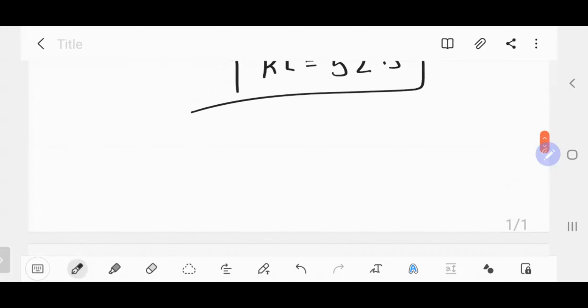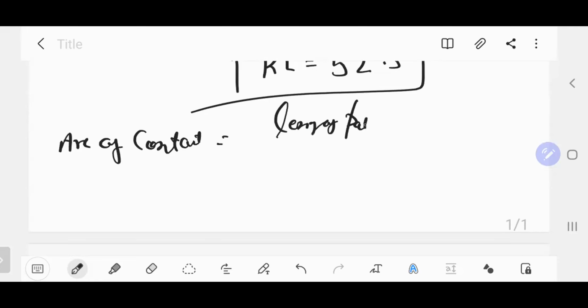So check out the equation for the arc of contact. What is the equation of arc of contact? Yes, anyone? Arc of contact is equal to what? Length of path of contact divided by what? This is the equation we have already derived. Cos phi, exactly, yes. Check the previous pages, cos phi.